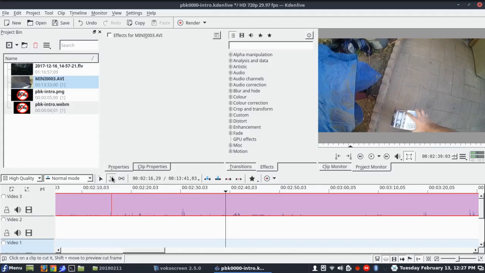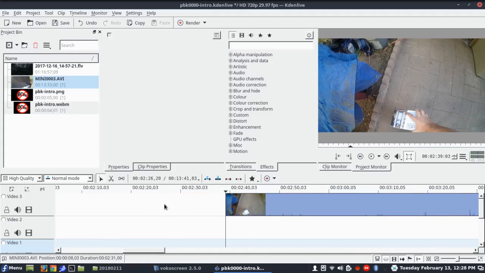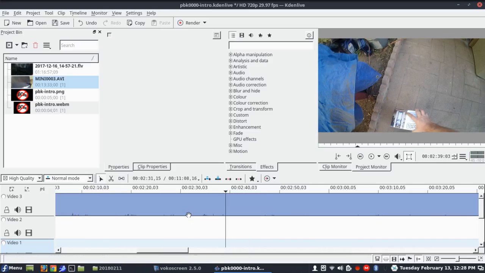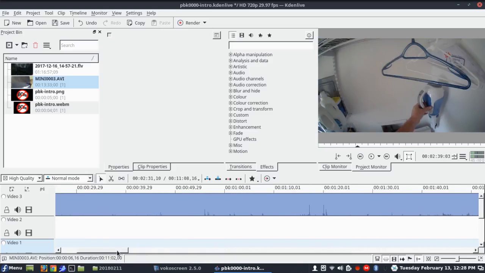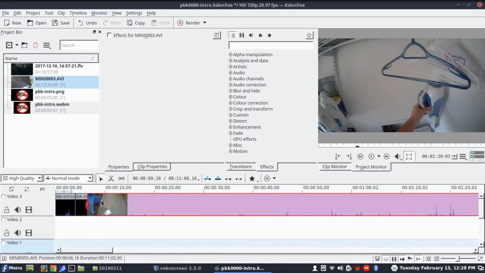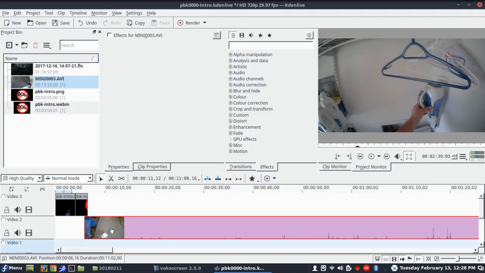Okay, so I'm going to cut that. This is a cutting tool right here, or the razor tool as they call it. Go ahead and do that. Switch back to the selection tool. Click on the segment I don't want, hit the delete key, right click the empty space and hit remove space. There we go. So I'm going to move this down here